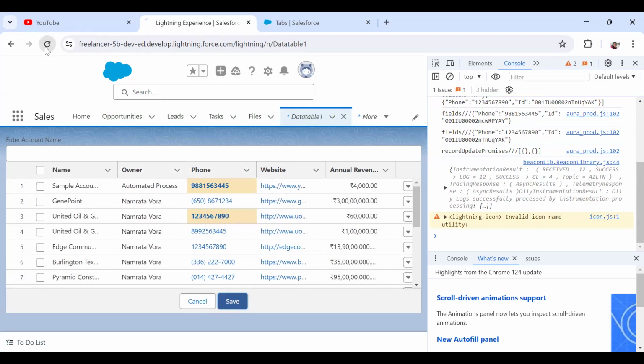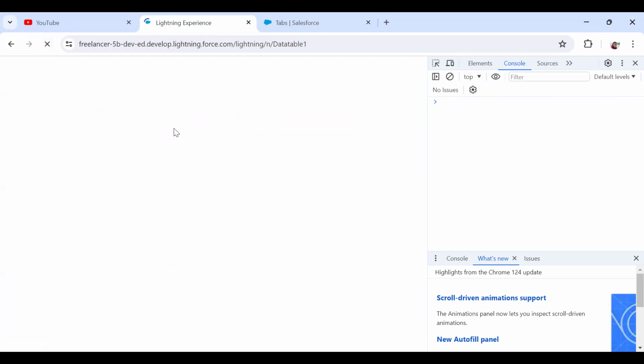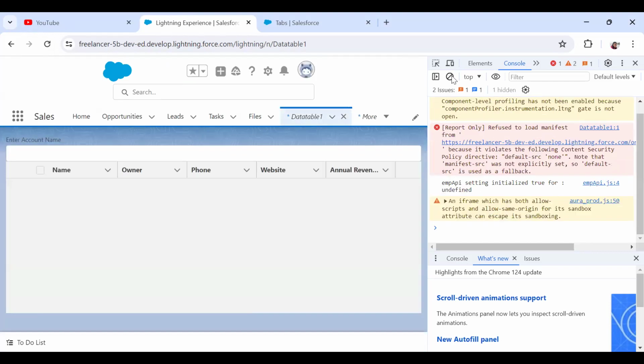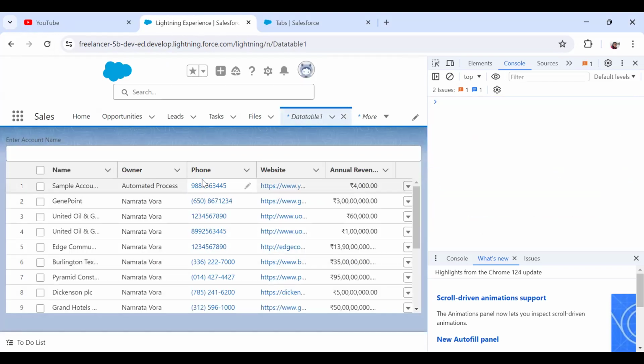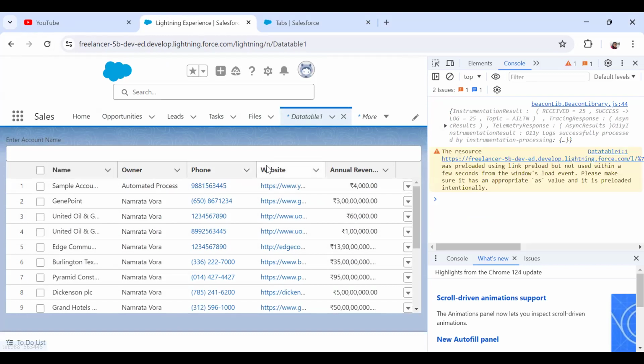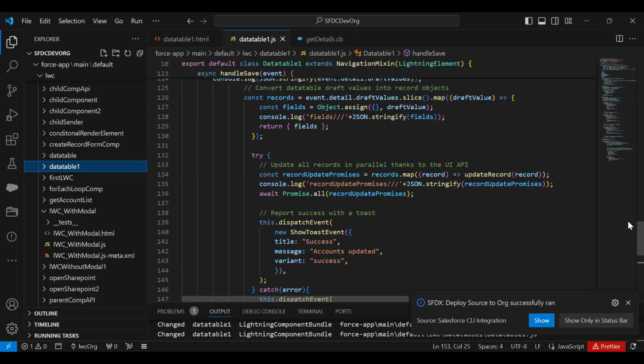So let me just refresh this. Yeah. So you see the records are updated. But how would I know if it got updated or not? What should ideally happen is that edit mode should go away, that save and cancel should go away, and it should show this normal page once I save. So for that, what we need to do is,